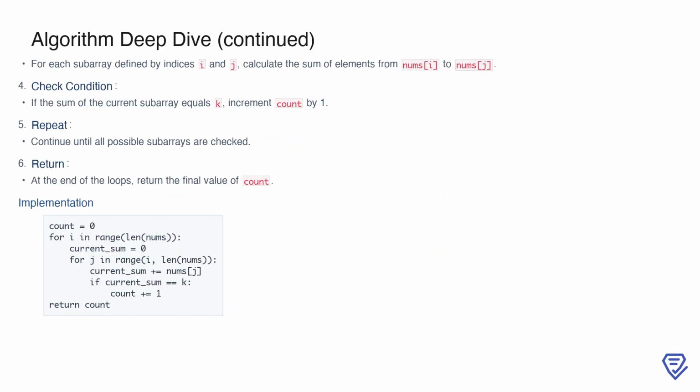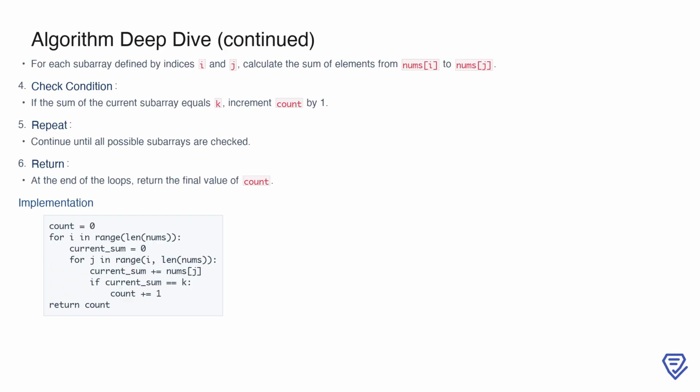For each subarray defined by the indices i and j, we calculate the sum of the elements from nums[i] to nums[j]. If the sum of the current subarray equals k, we increment the count variable by 1. This process ensures that we consider every possible subarray in the array. After completing the nested loops, we simply return the final value of count, which represents the total number of subarrays